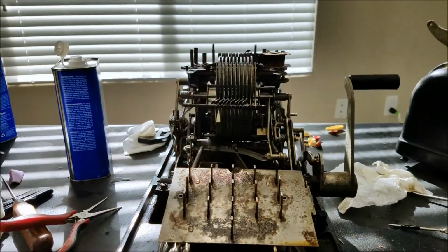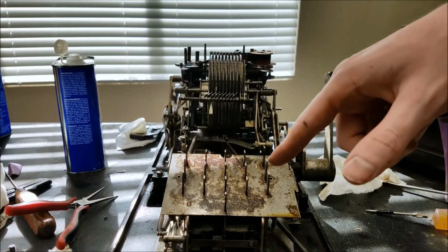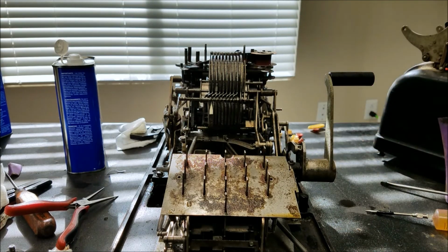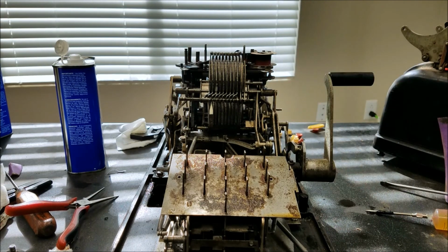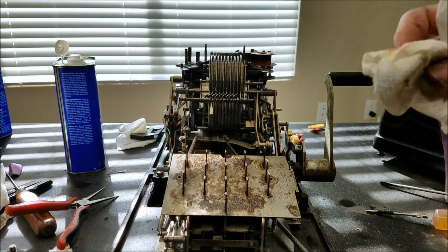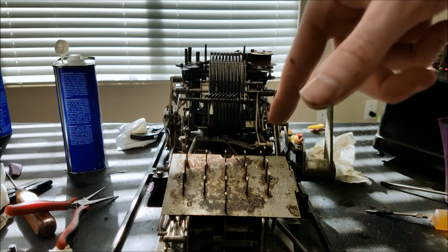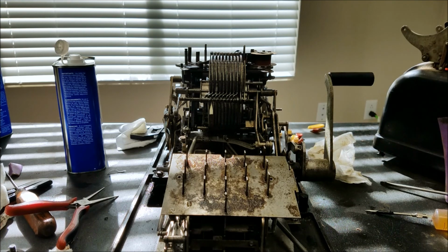As far as the keyboard goes, I used the wire brush to get some of the rust off that I could, and then I just doused the whole thing in oil, so you can see there's some excess oil sitting there. So hopefully the oil that's on there will prevent any future rust from forming. So let me just give this